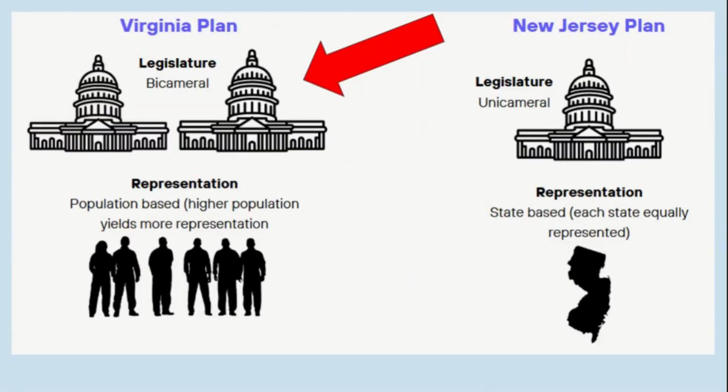So we can see that this checks and balances really goes back to our New Jersey plan. As we said, the New Jersey plan and Virginia plan were the two arguments of the Federalists and Anti-Federalists. And we see that the Virginia plan specifically favored a bicameral legislature, which means a two-house legislature, so the House of Representatives and the Senate. The danger in the unicameral legislature is that Congress would have